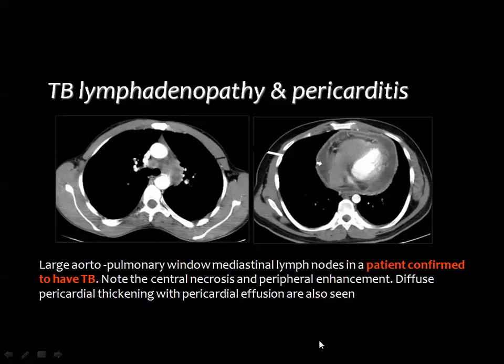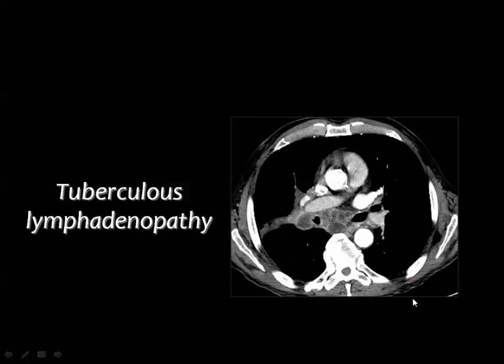This patient is proved to have TB, and the CT scan showed multiple small centrally necrotic lymph nodes in the mediastinum, together with diffuse pericardial thickening and enhancement with some pericardial fluid. And this is TB lymphadenopathy and also TB pericarditis. Another example of tuberculous lymphadenopathy in the subcarinal group, you see some of the lymph nodes that are centrally necrotic